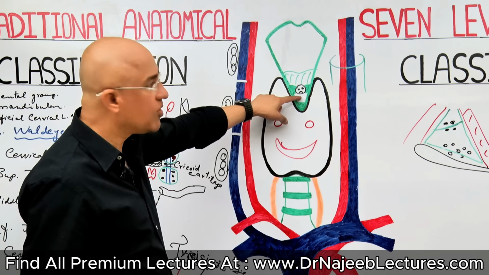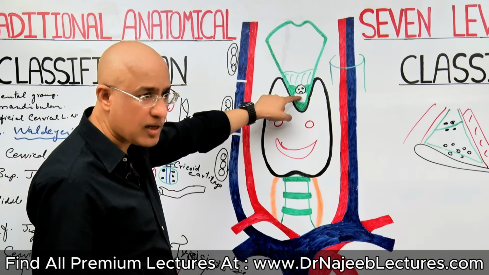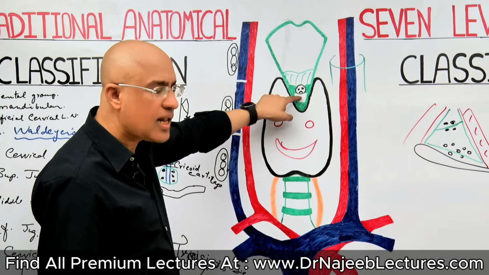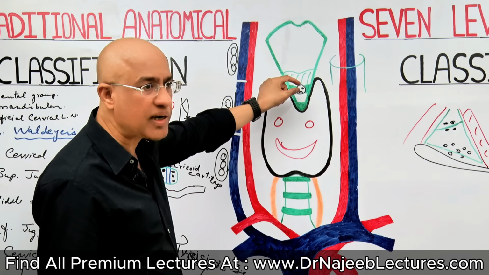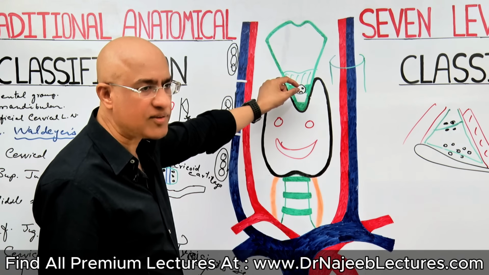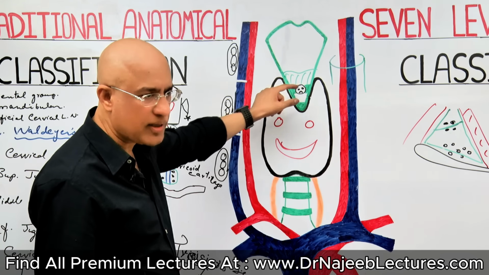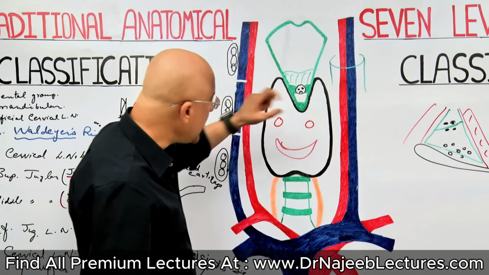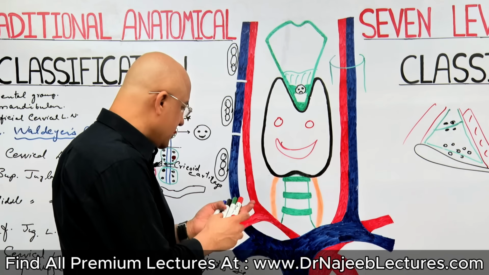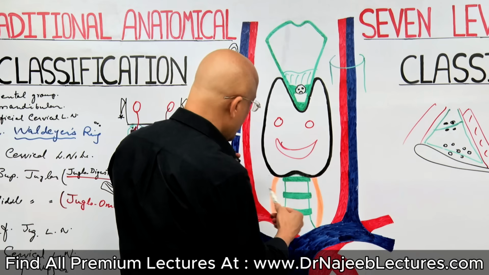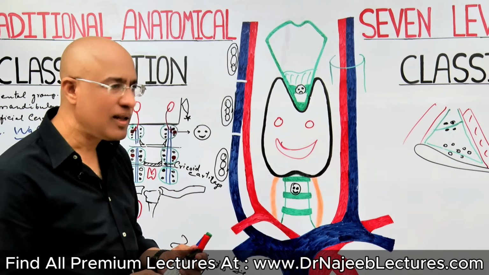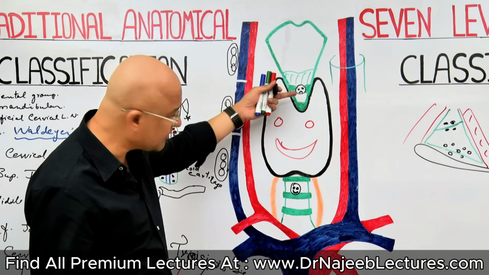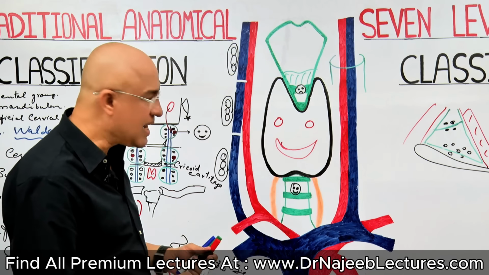So the Delphian lymph node, a pre-laryngeal lymph node, is taken as a sample by fine needle aspiration to look for cancer cells, whether they have spread here or not, in case of thyroid malignancy. Then there are lymph nodes in front of the trachea, right? In front of the trachea. And what should these lymph nodes be called? Pretracheal lymph nodes. So there are pre-laryngeal nodes in front of the larynx, pretracheal in front of the trachea, and then